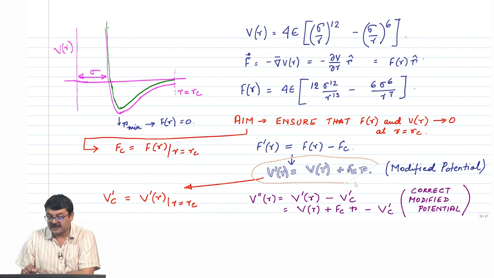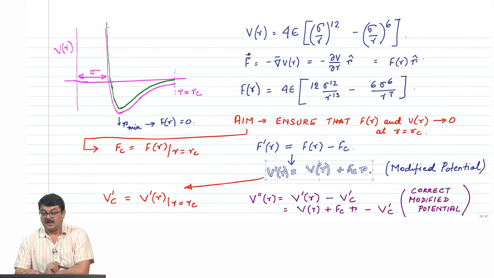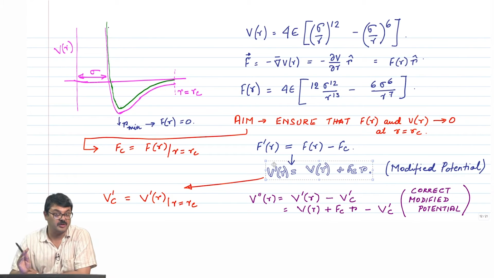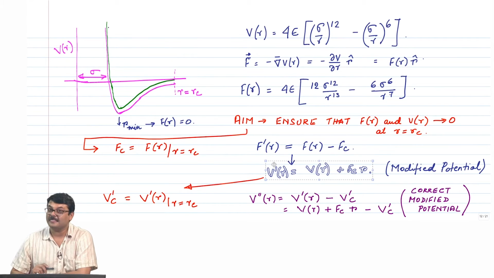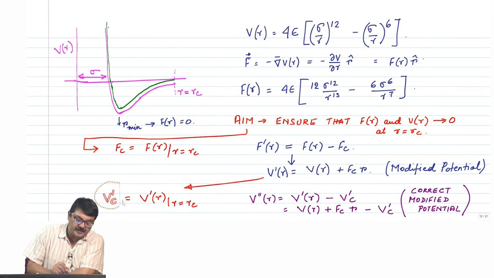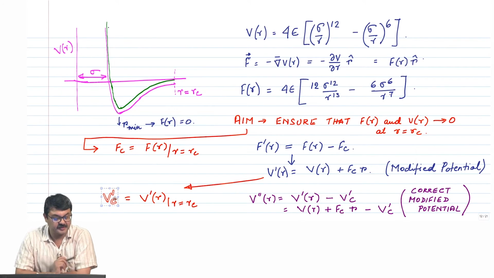So, your modified potential now is V dash r, which is V of r plus f c r, but this expression for V dash r, the modified potential, here the dash is not a derivative, right. This is just V dash stands for modified potential. So, this one does not go to 0 smoothly at r equal to r c. What do you do? How do you make this expression now go smoothly to 0? You calculate V dash c, subscript c. What is it? It is nothing but the expression of V dash r,